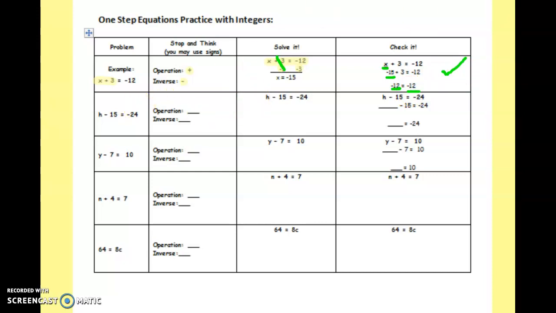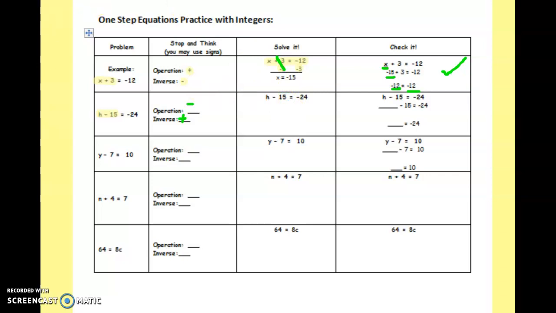Taking a look at number 2. So again, here is my original problem. Looking specifically at the side with a variable, ask yourself what operation is going on between the h and the 15. Hopefully you're saying subtraction. Then my inverse, what is my opposite operation that I'm going to use? I'm going to add to get rid of it. So following with this equation,